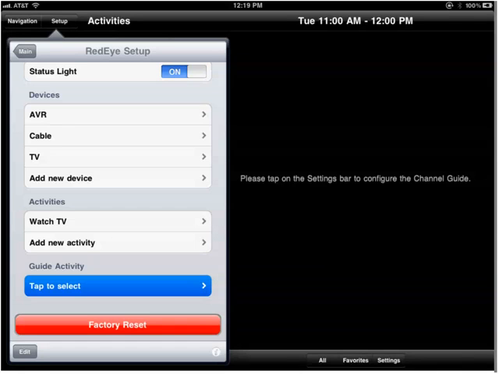To select the guide activity, go to the RedEye Setup screen and scroll down to the Guide Activity section. And this can be set on a per room basis, so you can have different guide activities for different rooms. Tap to select